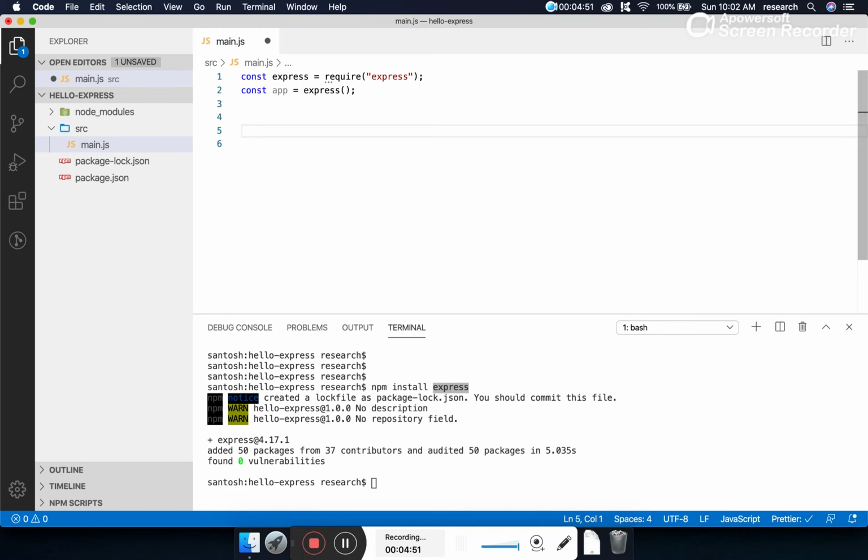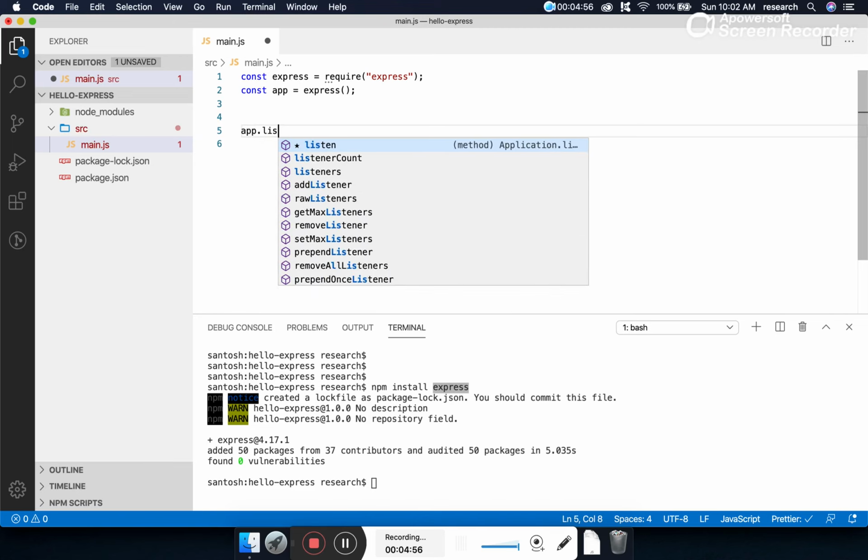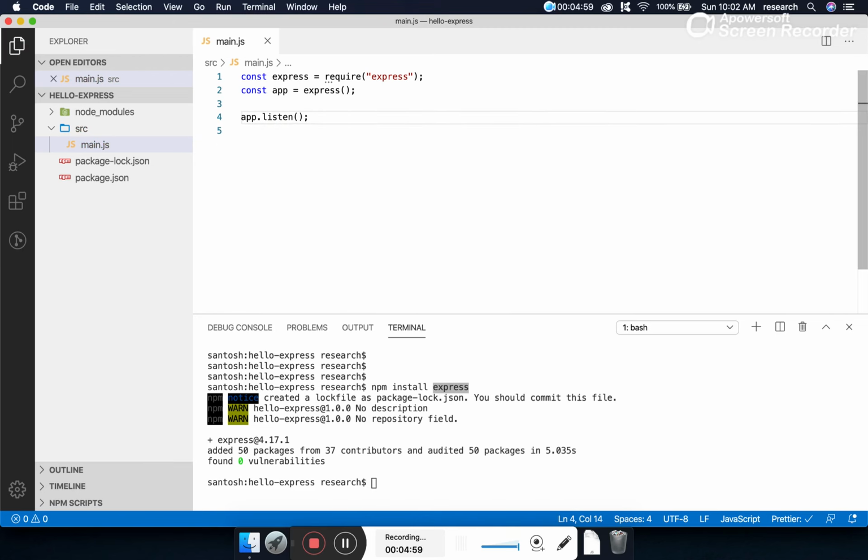Now since we create a web server using Express.js, we'll be writing app.listen, and we have to give a port number. Since we are creating a web server, and a web server always runs on one particular port, the port number we are using is 3000. So by just writing this line, we are creating a web server running on port number 3000. These are just the three lines which we have to write to create a web server using Express.js.